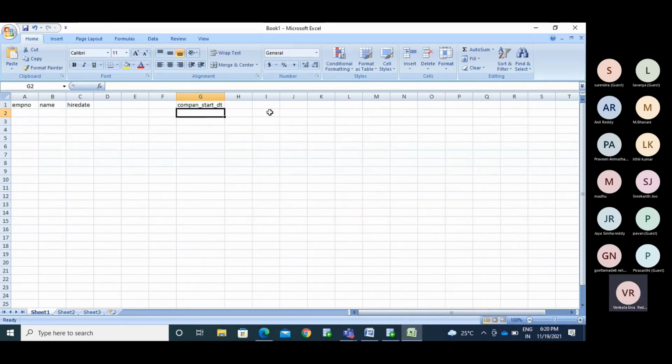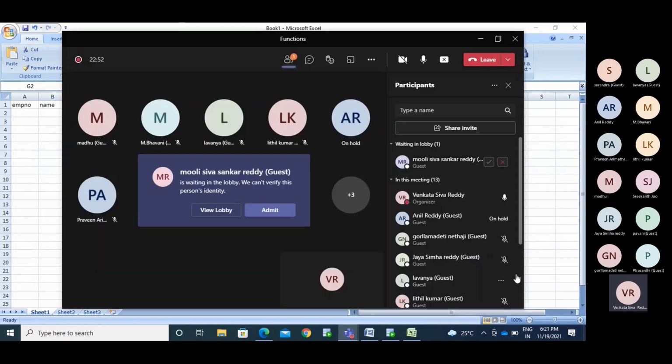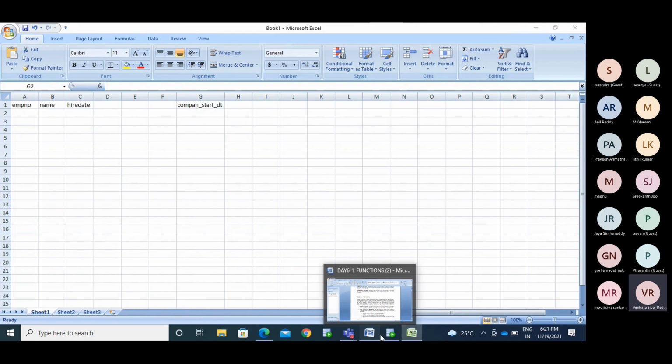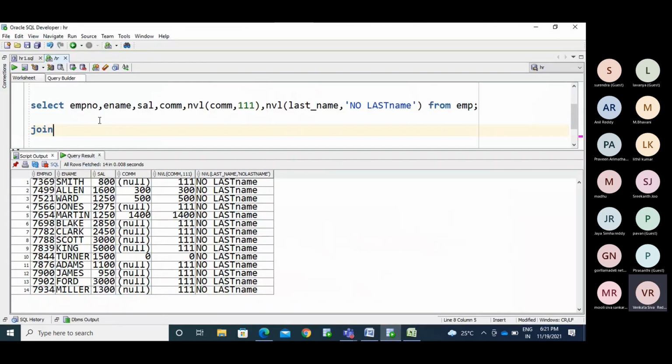So if you have this column in a different table, take that column and pass it as NVL of hire_date comma company_start_DT.